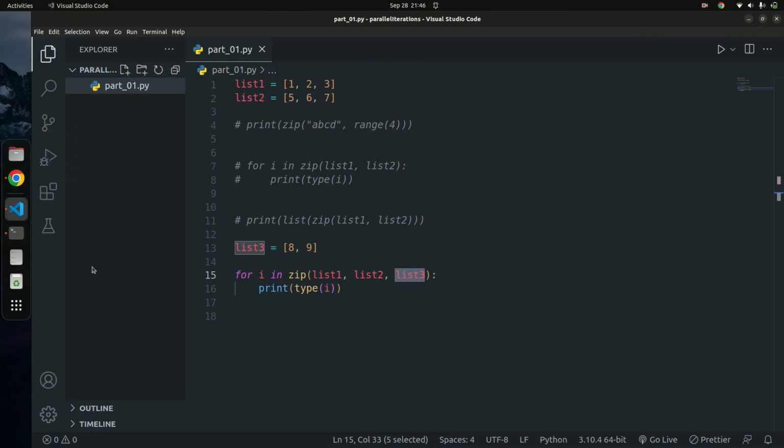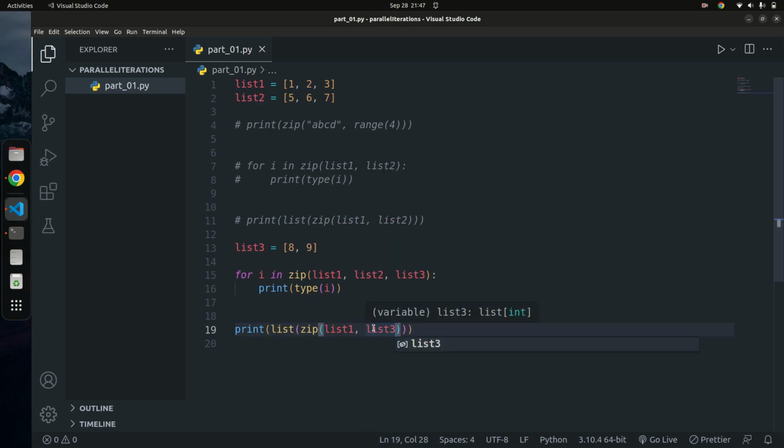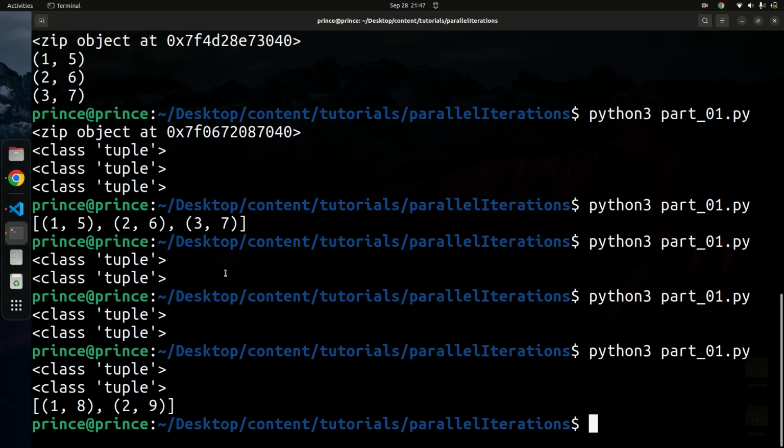So let's go ahead and convert this back. I'm going to copy this code right here, paste it here, and change this to be list 3. Once I have this, I'm just going to run this code. Now you can see the class is tuple, and then we have 1 comma 8 and then 2 comma